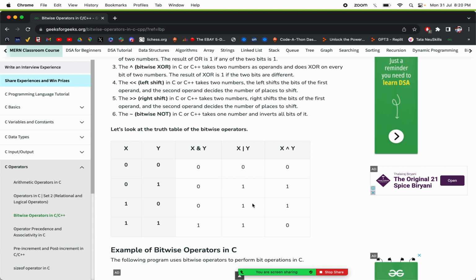OR will give us 1, as one of the bits is 1, and XOR will give us 1 as these are unlike bits. Then we have 1 0. So 1 0 will give us 0 in AND, as one of the bits is 1 and one of the bits is 0. OR will give us 1 because one of the bits is 1, and XOR will give us 1 because these are unlike bits. Then when we have 1 1,